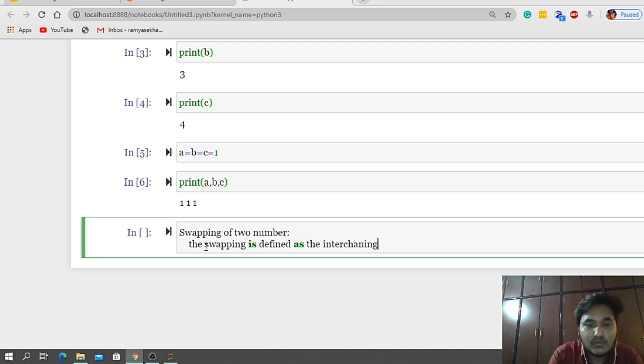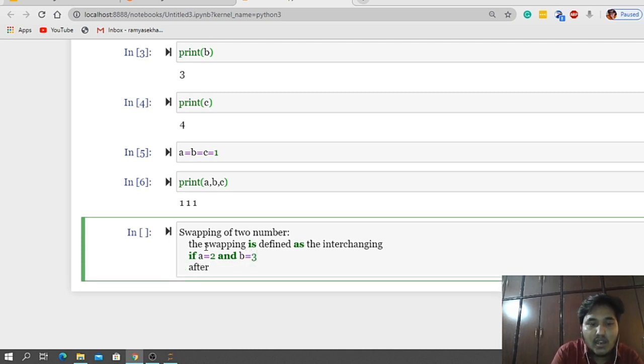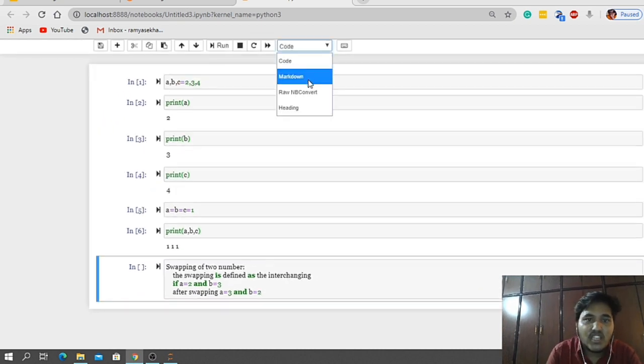Simply, it is called interchanging of two values. Let us take an example. If A is equal to 2 and B is equal to 3, then after swapping, what values do we get? Swapping is interchanging or exchanging the values. So A will be getting 3 and B will be getting 2. That is what swapping is. Is this clear, guys? So let us write the program for that.